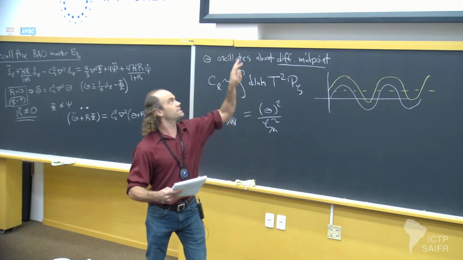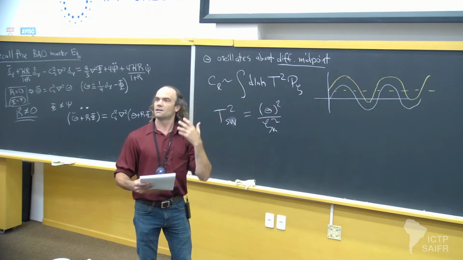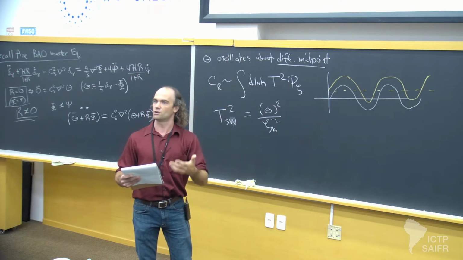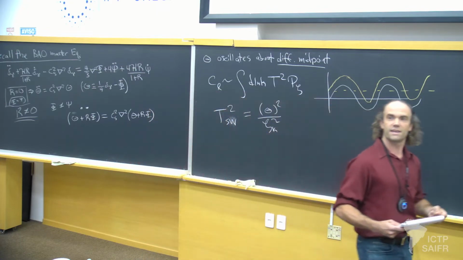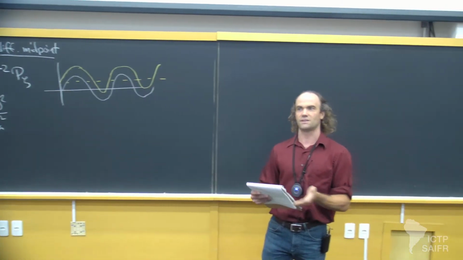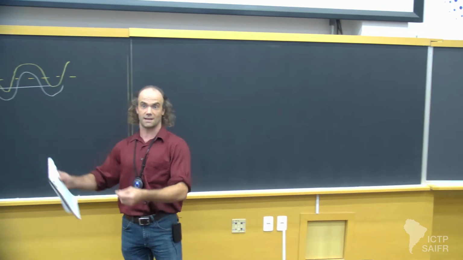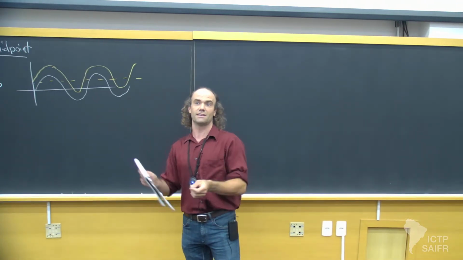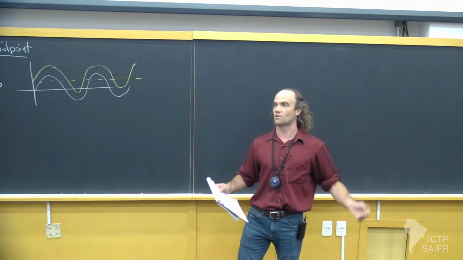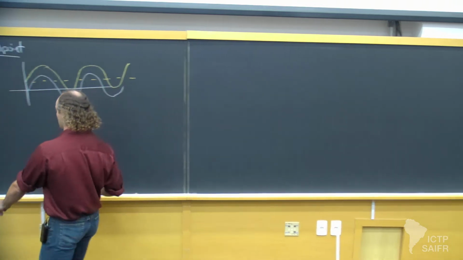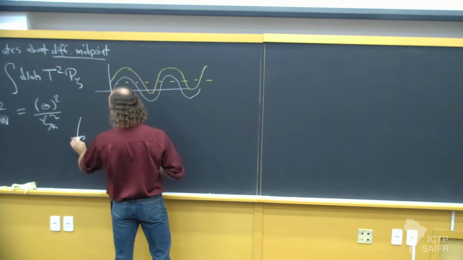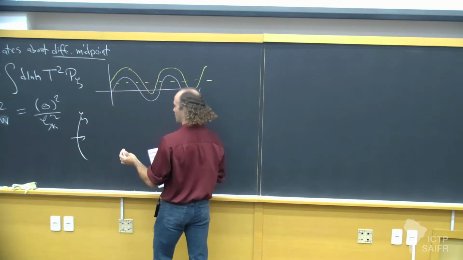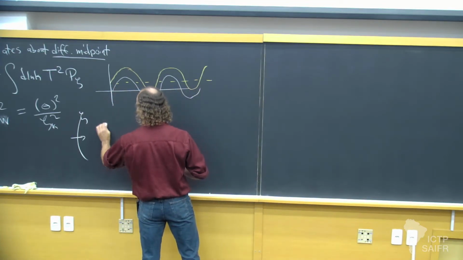So the relative height of those first two peaks gives us information about how much baryons are in the fluid at the time. Okay? So this is how we can gain access to interesting physics that's happening between the time when a mode comes into the horizon and when it exits the horizon. It gives us an idea of what is the physics between the mode entering the horizon, and